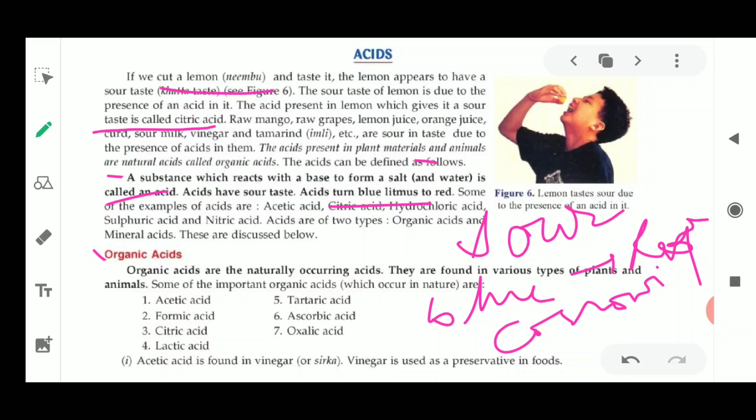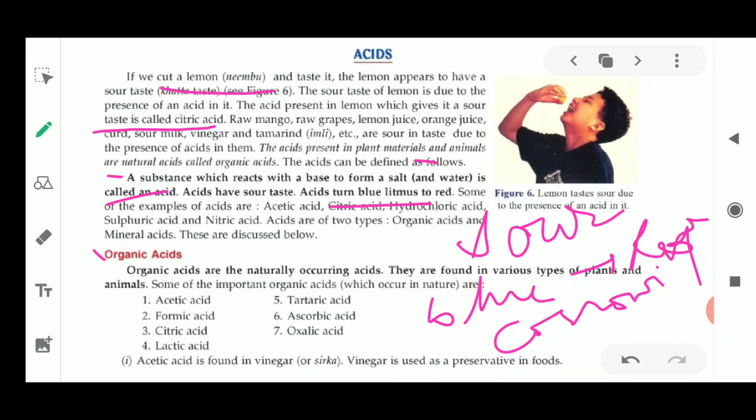Now we can see the different types of acids which are present in your laboratory also, other than the organic acids. I'll let you know what kind of acids are present in your labs. Now we have understood that acids are substances which are sour in taste, turn blue litmus red, and are corrosive in nature. You could combine these three properties for writing the definition.